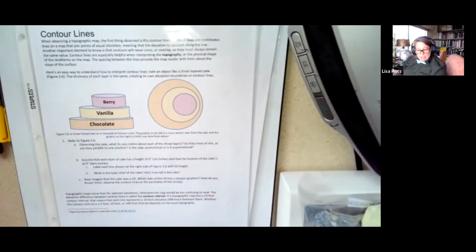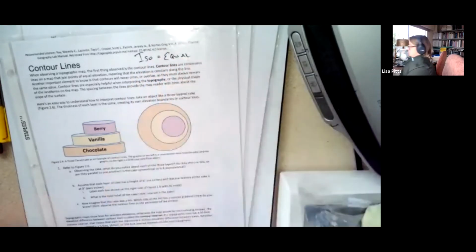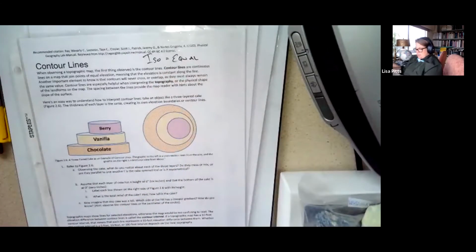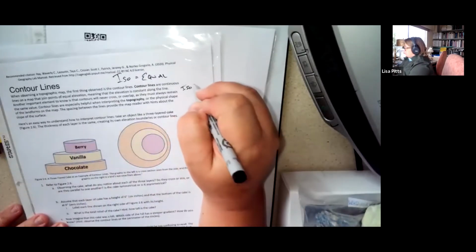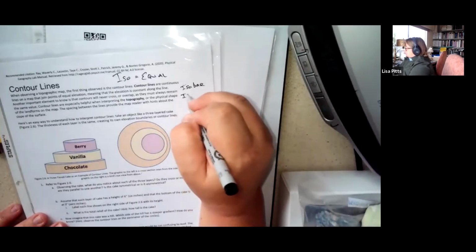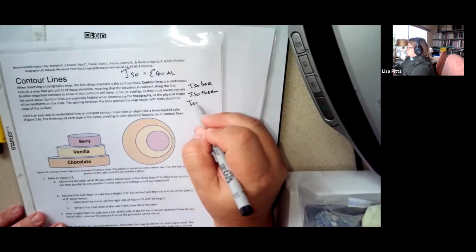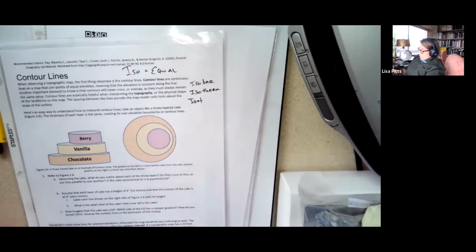So we're going to talk about isolines. Iso means equal, and a line is the shortest distance between two points, unless you're on a globe. So contour lines show equal elevation. There are also isobars, which show equal barometric pressure, and isotherms that show equal temperature. There's iso-something-or-other, it starts with a T, that shows equal